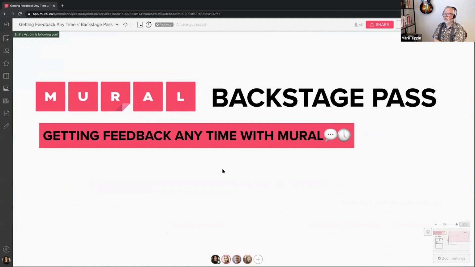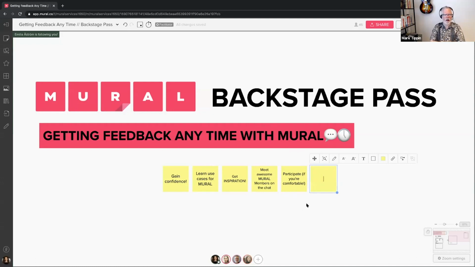So our goal is to help you gain confidence in using Mural in a variety of use cases. With Mural Backstage Pass, we're just broadcasting this work as it happens. It's never scripted, maybe lightly designed with a mural or something, but we hope that this inspires you to use your facilitation superpowers in new ways with your team. To get the most from today's session, Haley and I might pause here and there to draw attention to methodologies or certain Mural features, or if we notice a really good remote collaboration practice, we might call that out.